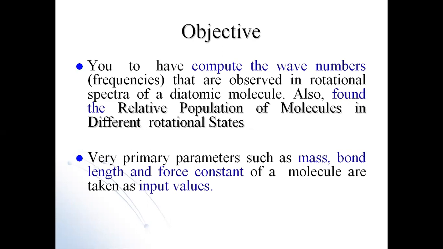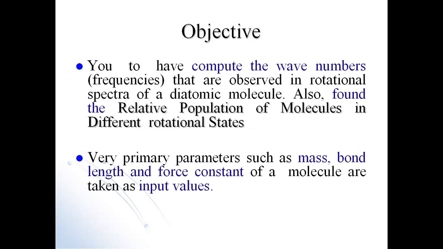I know that you have already studied the rotational spectra in your theory classes, and you know the features of a rotational spectra: it consists of a series of dark lines which are almost equally spaced, and the spacing between the rotational lines is constant. So here you have to find out the wave number of each rotational line, as well as the energy of the